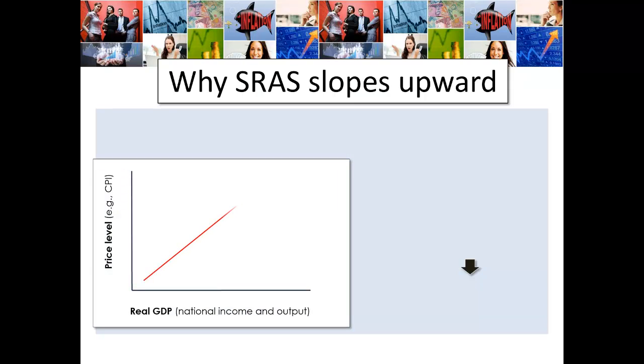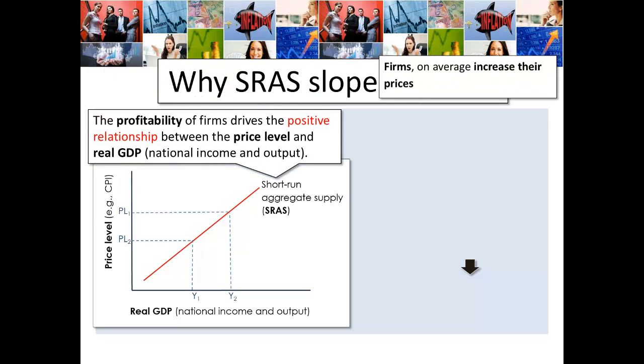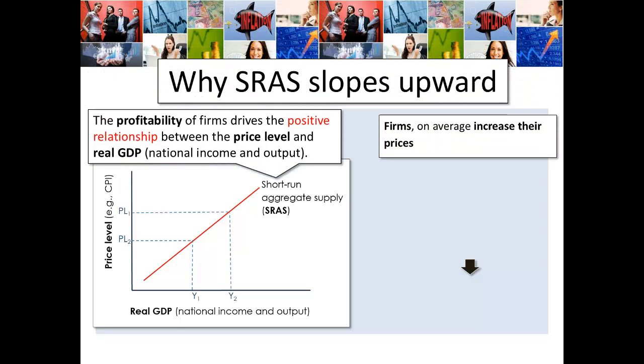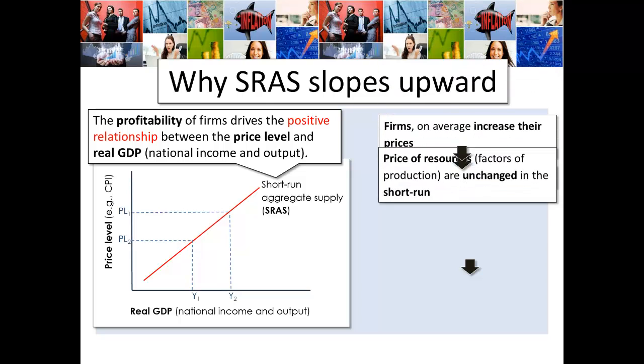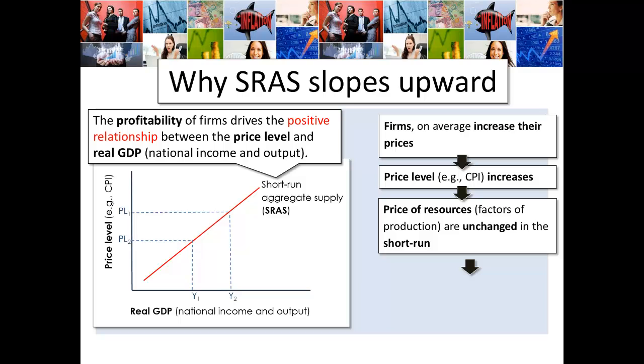Okay, why does the short-run aggregate supply slope upwards? Profitability. Again, supply comes down to profitability. So the profitability of firms drives a positive relationship between the price level and real GDP. So if firms on average increase their prices, then what must happen is that the price level increases on average, because this is what the price level measures, firms' prices. If the prices of resources are unchanged in the short run, and they are, or else we'd be talking about the long run,